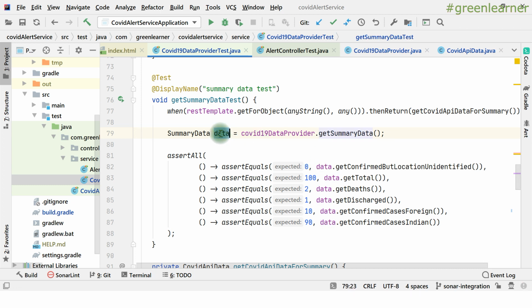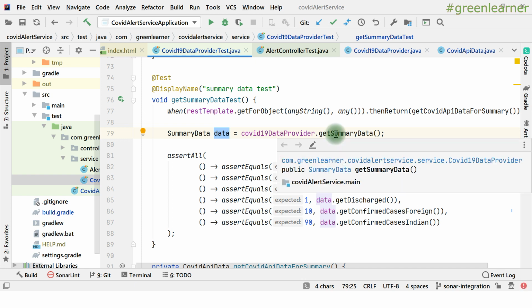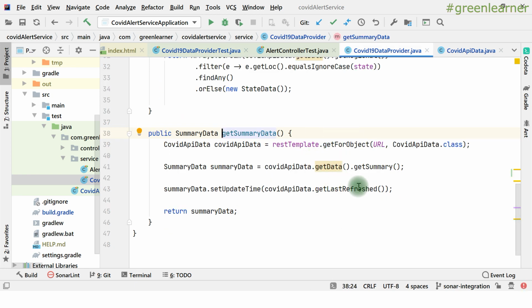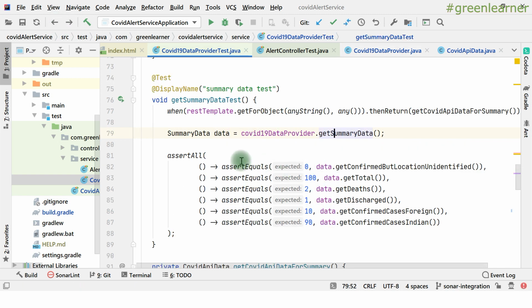So here it is returning summary data, and here it is setting get last set update time, and I just have to put the comparison for that one, right?